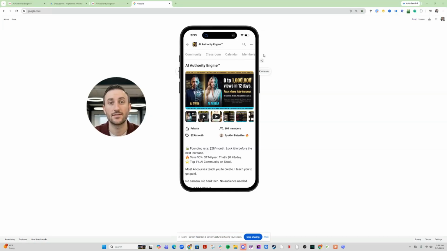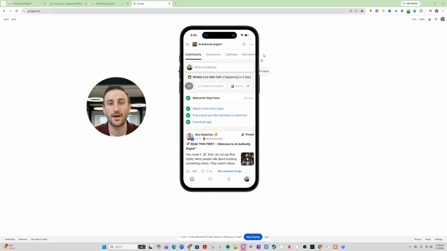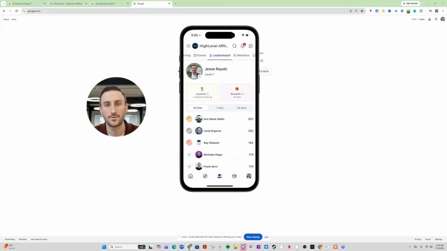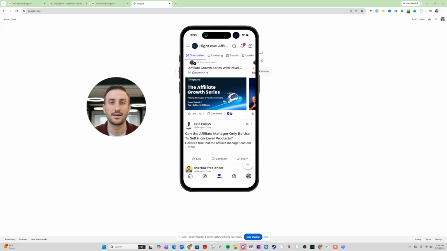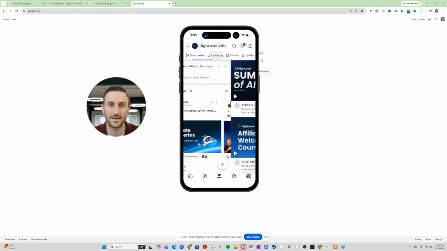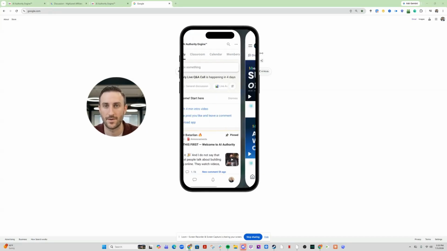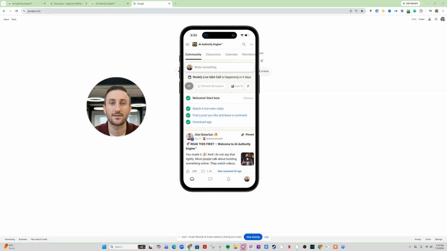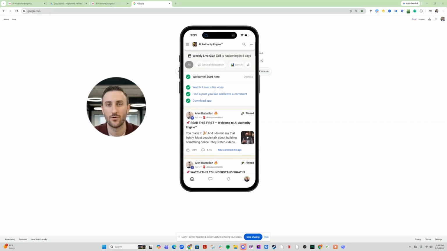Now, I want to emphasize that this is my personal opinion because everyone's going to have different preferences when it comes to user interface. I actually think the GoKollab app is really good. I've used it quite a bit and I don't have any major complaints with it. That said, I do find myself preferring the Skool app just a little more. It's not a huge difference, and it's definitely not something that would make me choose one platform over the other on its own, but I think Skool has done a really nice job with the overall design.